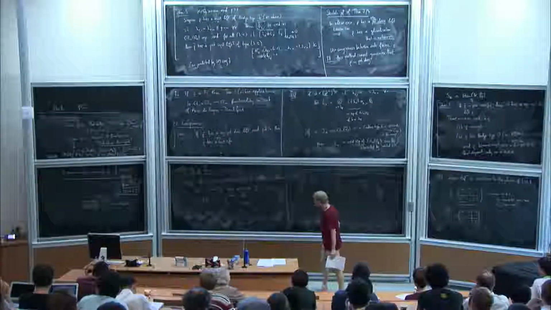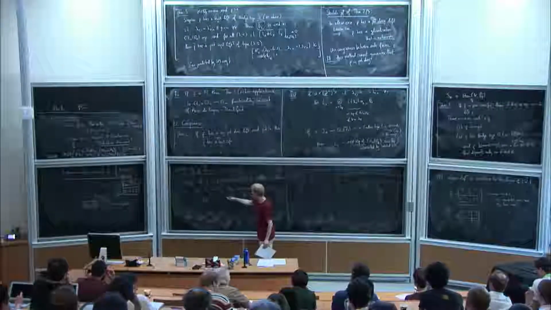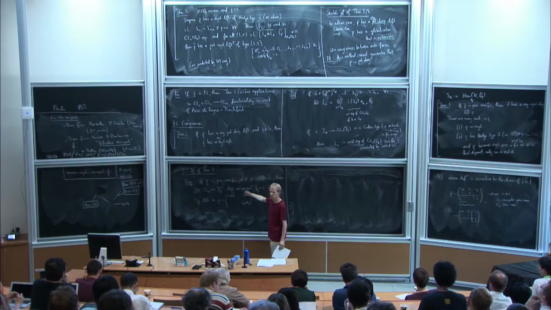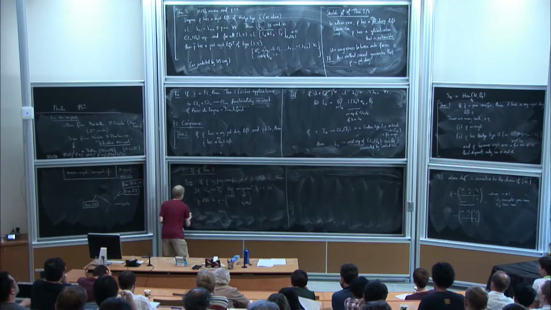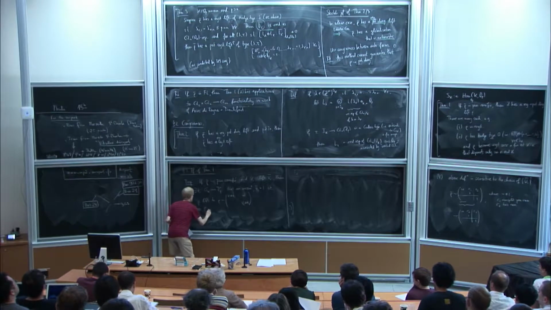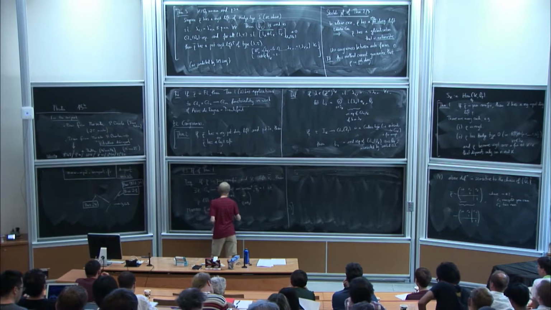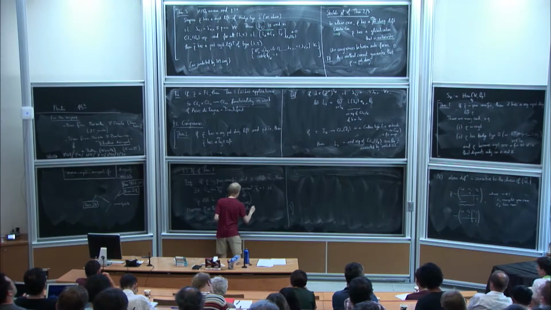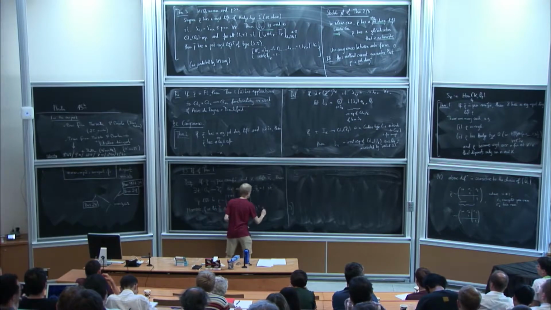So basically, twisting by such characters, first of all, doesn't change the reduction of these representations, and second of all, if we have something crystalline, it doesn't mess with that either because it's unramified, nor with the Hodge-Tate weights. Moreover, there's a lot of choice for these characters psi i. So if we let capital psi denote the L-tuples psi i, i equals 1 to L, that work in this statement,